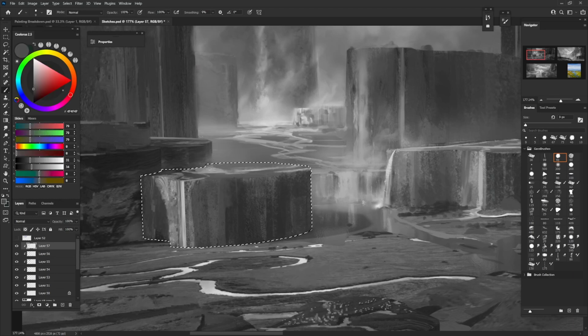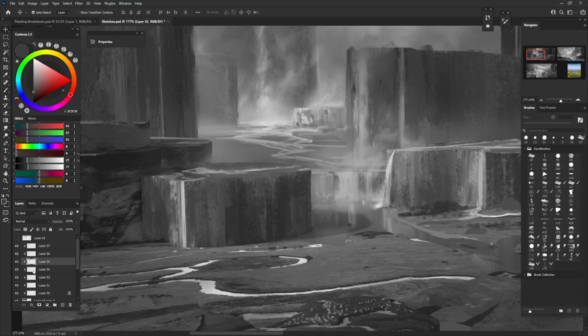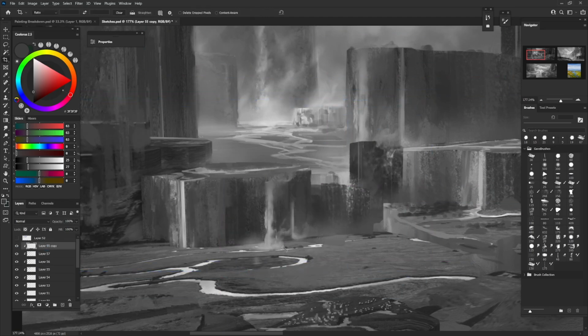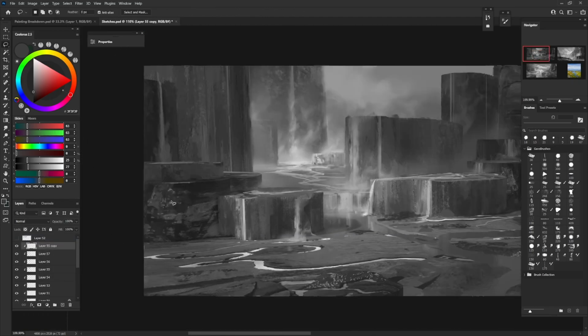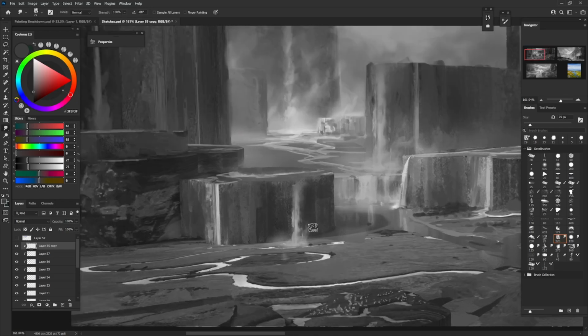And then because the area behind there is lighter, I want that piece of cliff to stand out a little bit more. So I want the value to be a bit darker, so they're not getting lost, because there's a lot of distance between those two. You see me there as well,